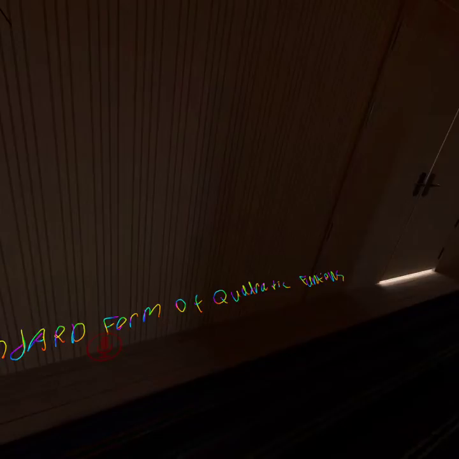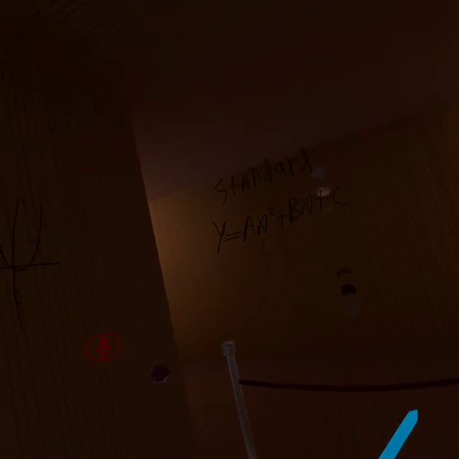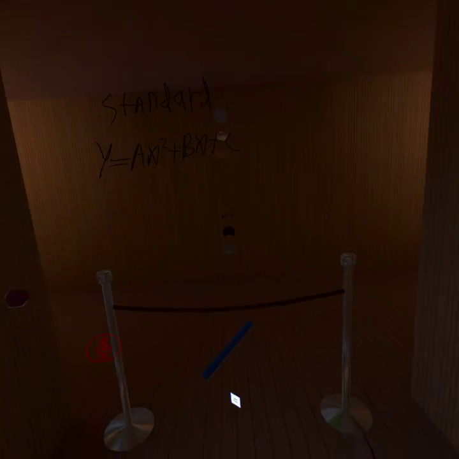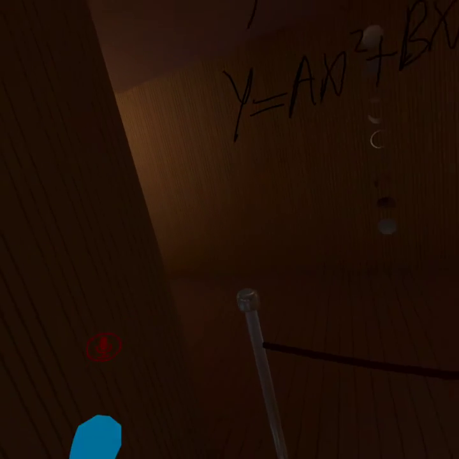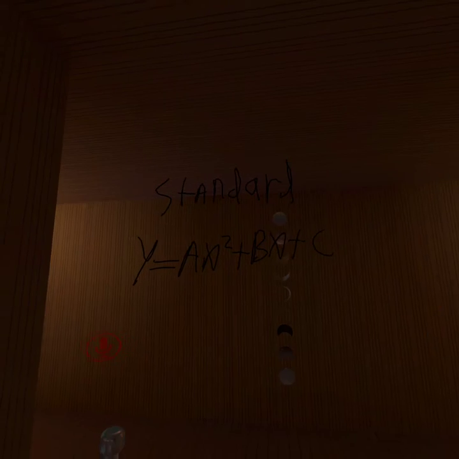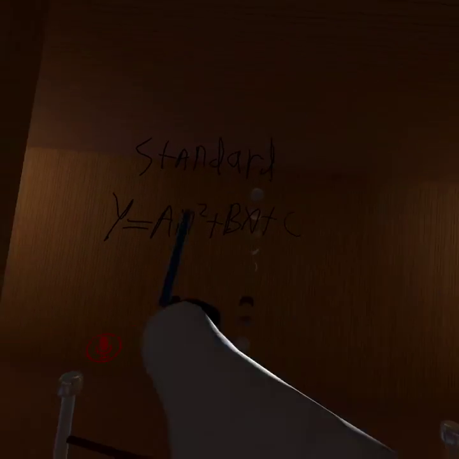Today we're going to be talking about the standard form of quadratic functions. What is a standard form? That's standard form. What does it do? It makes that U shape on graphs when you put it in a calculator. Vertex form also does the exact same thing, but I'm going to teach you standard form, because